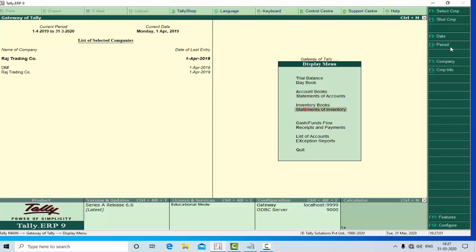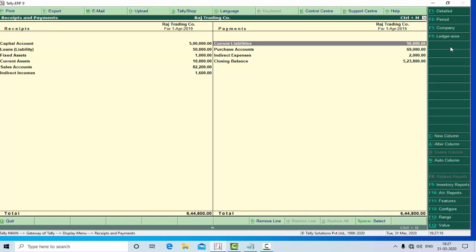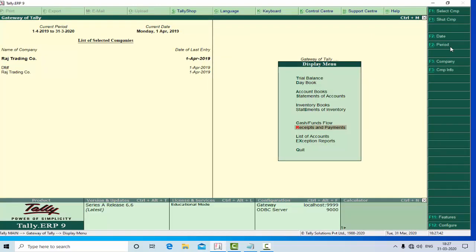And similarly, again, this statement, receipt and payment, which contain all the payment made by our business. Left hand side, all the receipts, capital, loan, fixed asset, current asset, sale, indirect income. On the credit side, all payments, current liability payments, purchase payment, indirect expenses payment, all payments are on the credit side and all the receipts are on the debit side. So this is a way to record all the entries of your business. I think you understand how you can see the payment receipt detail of your business from this receipt and payment